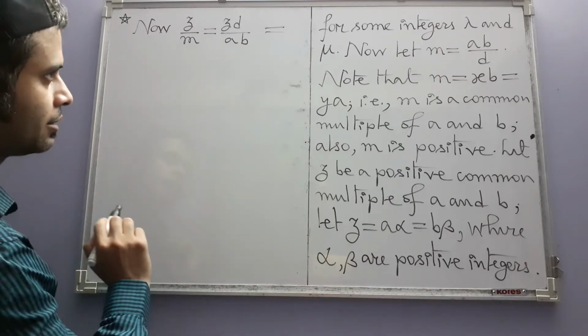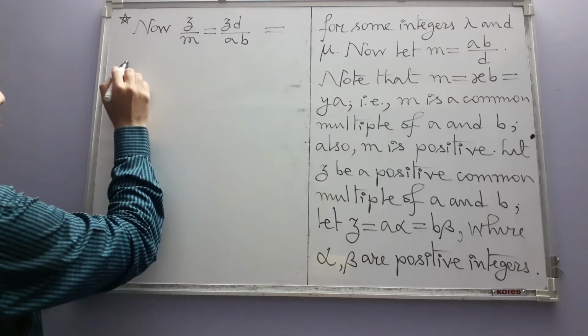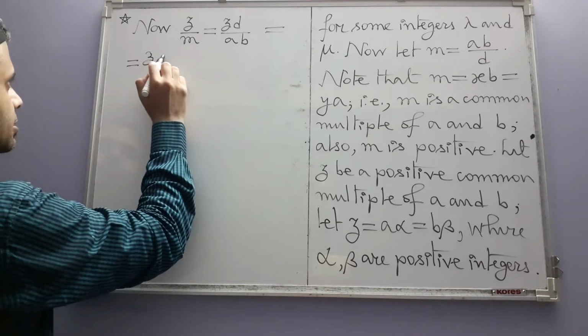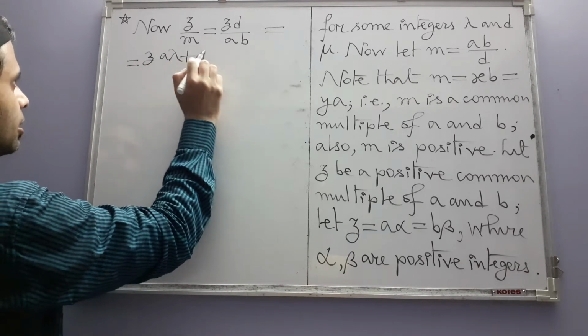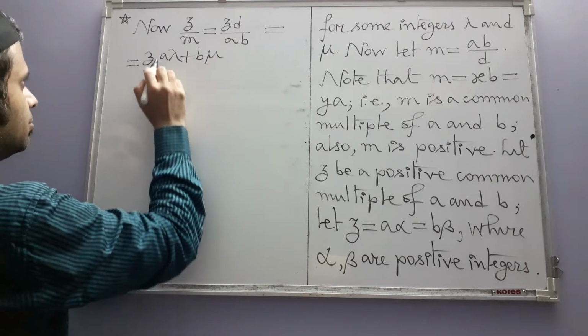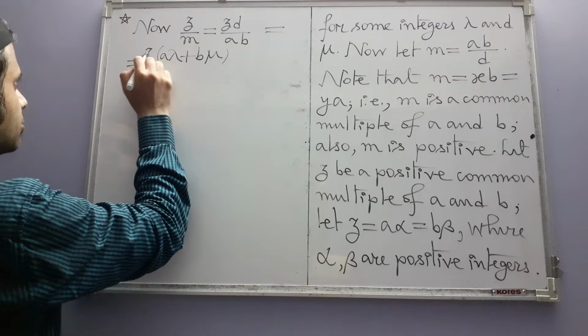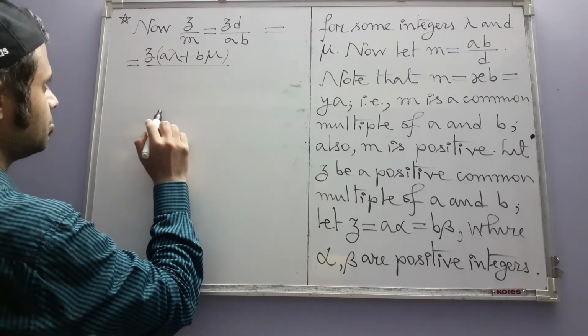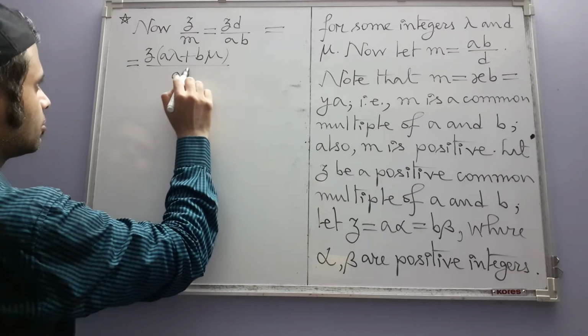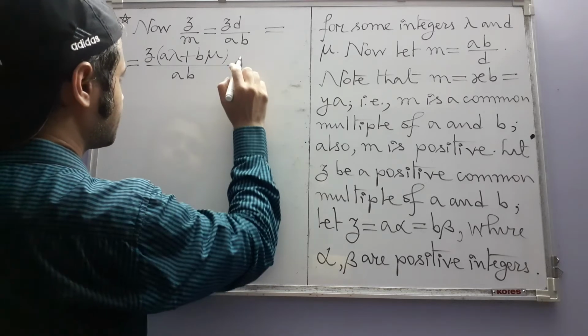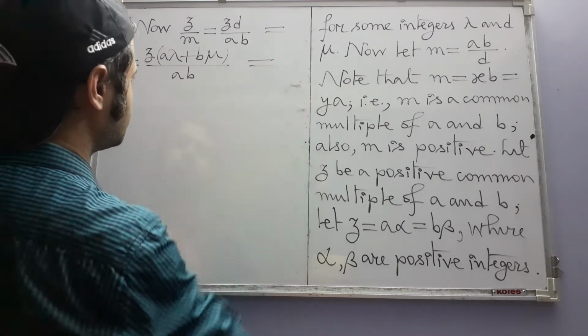Now we use that relation. D is expressible as a linear combination of A and B. Specifically, we have taken D to be equal to A lambda plus B mu, divided by AB. Okay, so now this becomes equal to